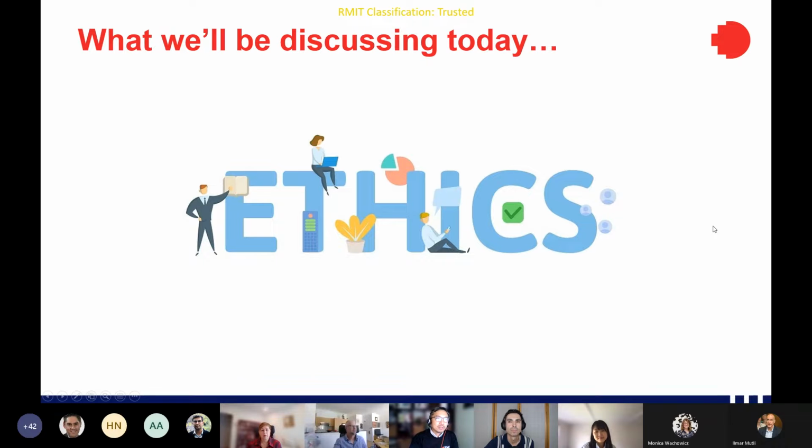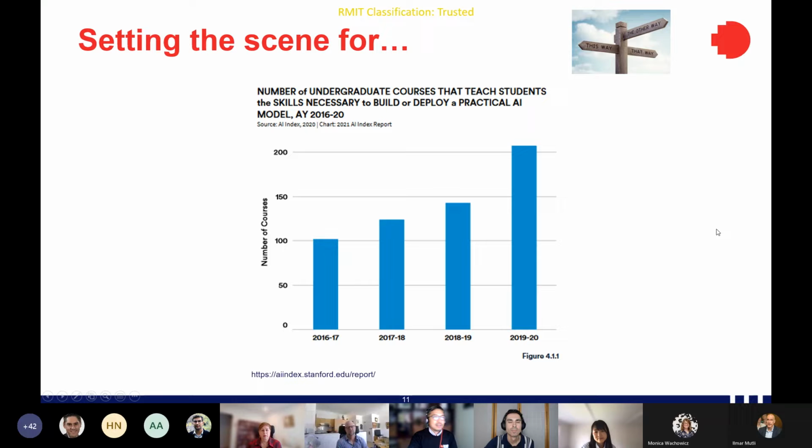And I think it's been a great discussion on responsible AI and ethics, but I also wanted to put some thought starters here around our careers, right? So firstly, again, the same report from Stanford University around AI, looking at universities offering undergrad courses that teach AI skills, and that's more than doubled in the last 3 years. It's so hot even here at RMIT that we've got courses at multiple levels, even non-accredited levels, all the way up to having 2 master's programs, and a new research center being stood up for AI, right? So it's a really hot topic amongst universities.